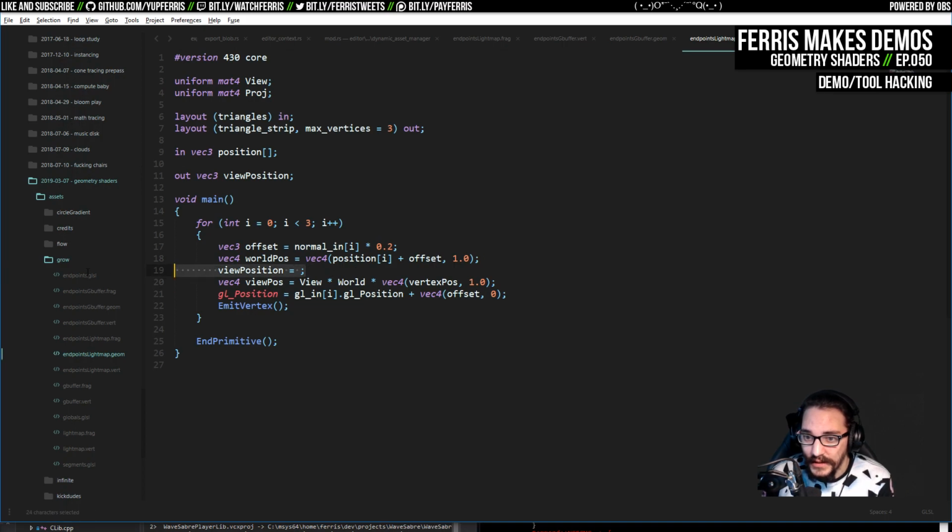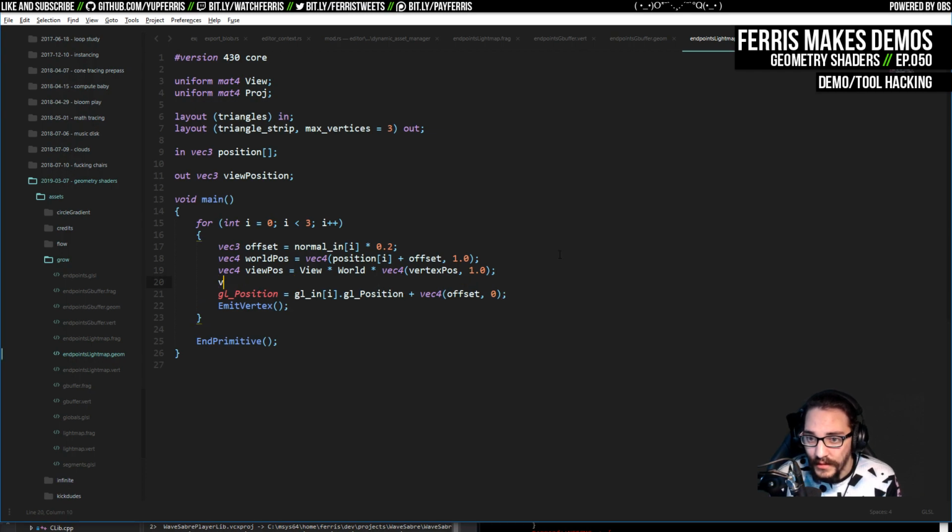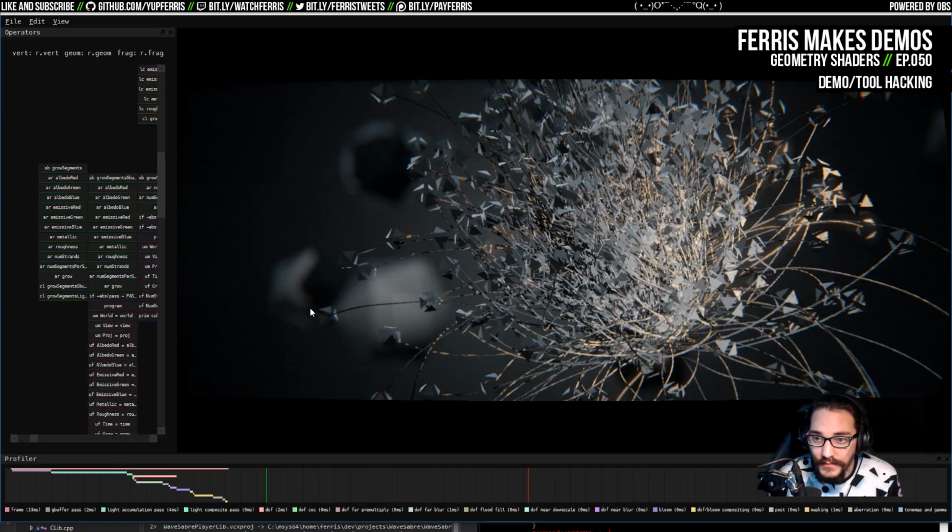And we do that so then we can calculate the view position, just view times world times this, and then the position is going to be this view pos.xyz. And then the geo position is going to be the projection matrix times view pos. And I'm guessing that then